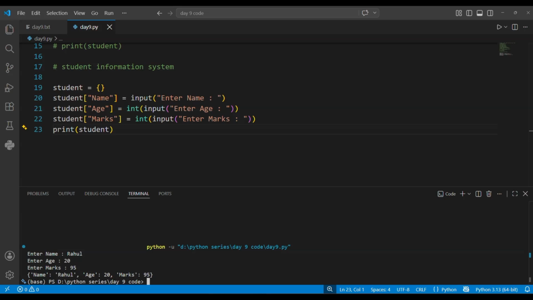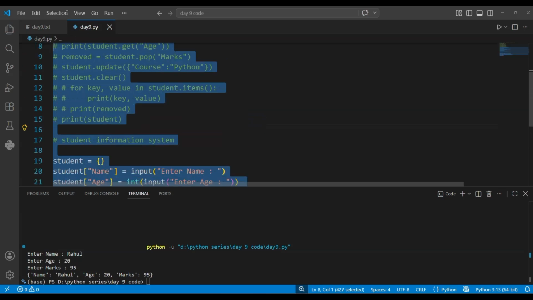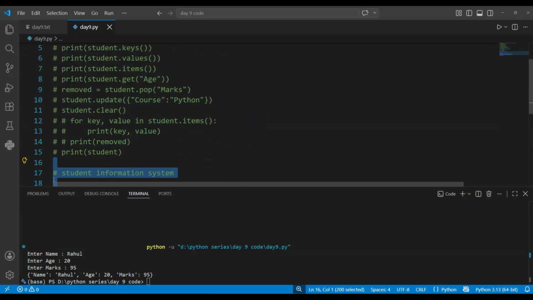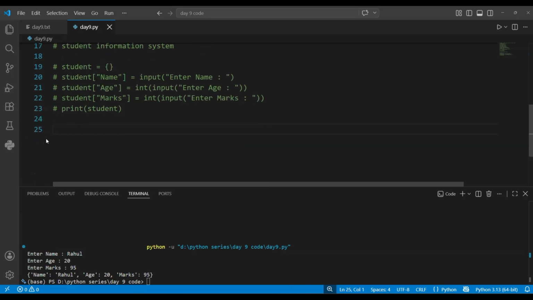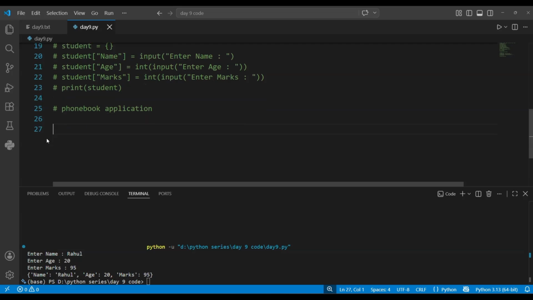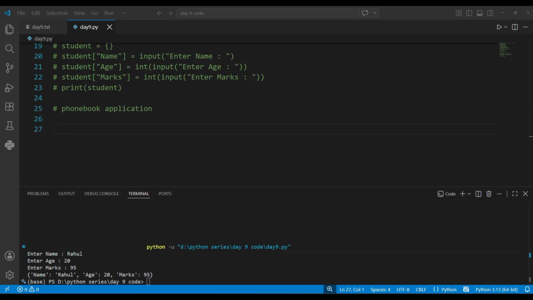Program 2 is the phone book application. Now let's create another practical project. Suppose you want to build a simple phone directory. Instead of searching through a list, a dictionary allows us to find phone numbers instantly using the name as key. First I create